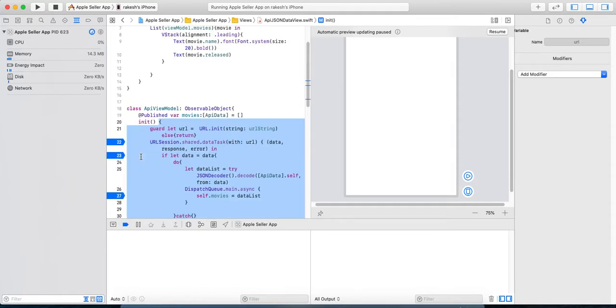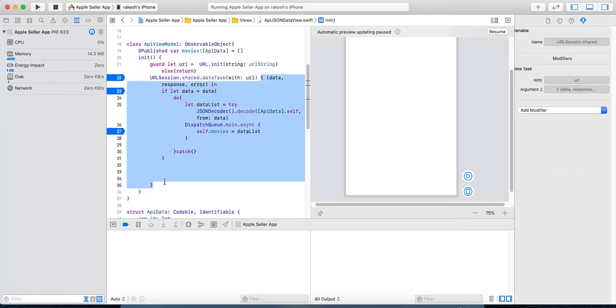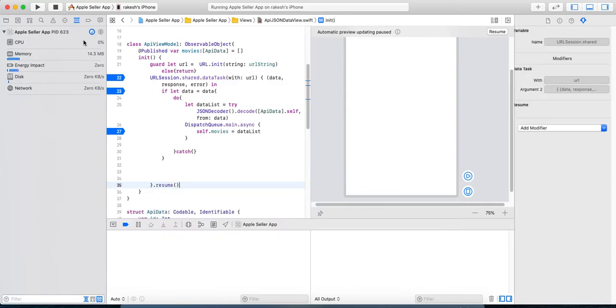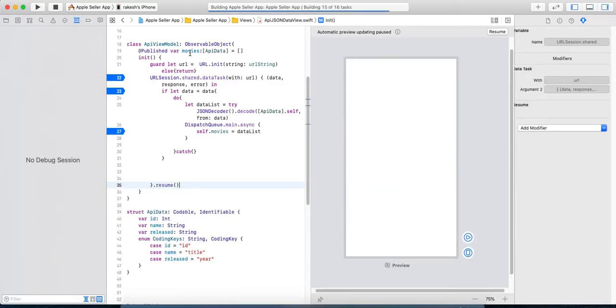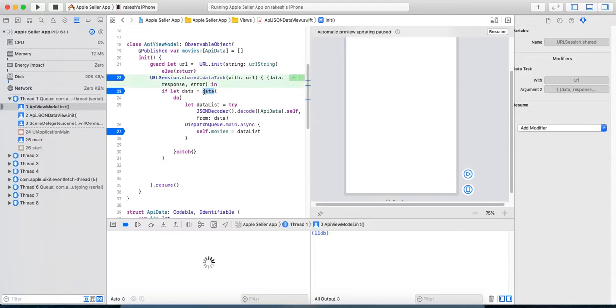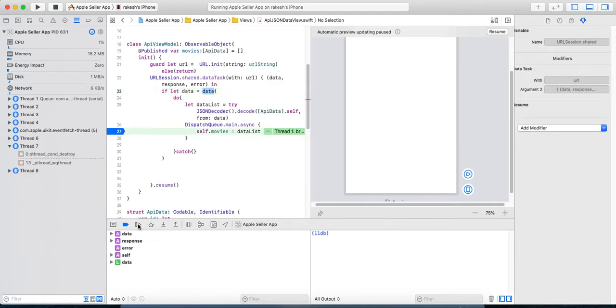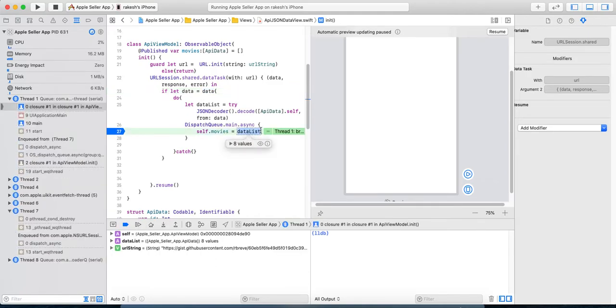Okay, I have not added resume here, so we need to resume this, then it will work. Then it will call the callback method inside this. So whenever this is called, you need to always resume it. Now the data is coming, so we will check that it is parsing. You will see 8 items are coming.